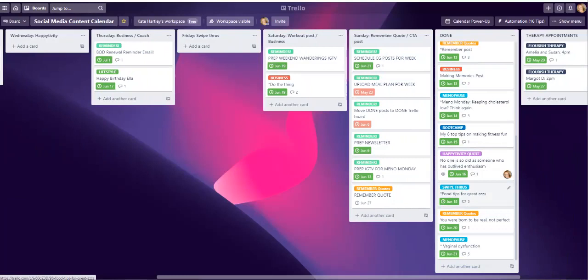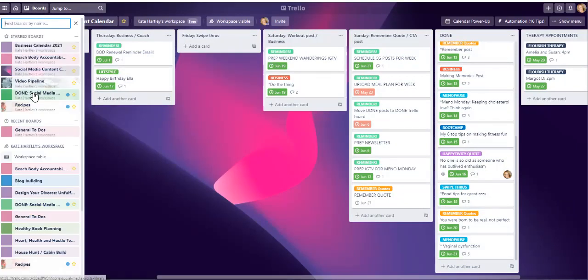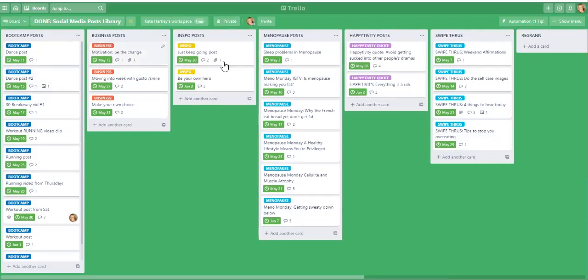I've also got a video that shows you how to move cards from one board into another board. Because I want to stay on top of what my content is for my social media, there is a video that shows how I move these done posts into my done board. So here I've got my done social media board, and at the moment I'm just tidying it up, so it means that I can categorize all of my done posts. It just helps me